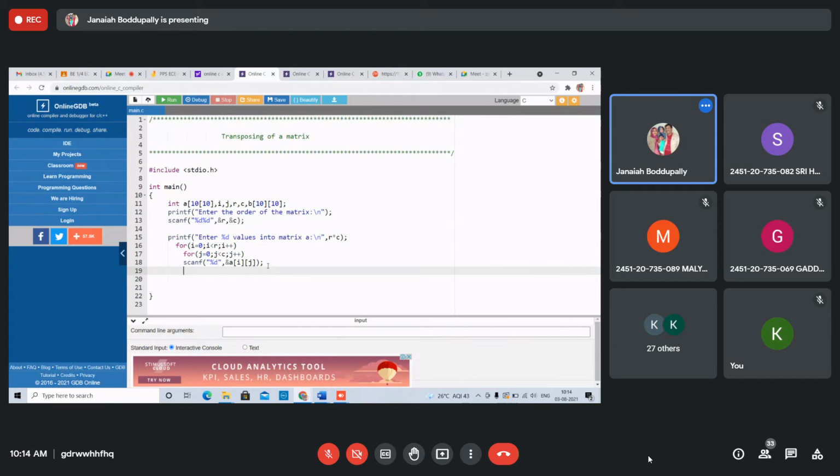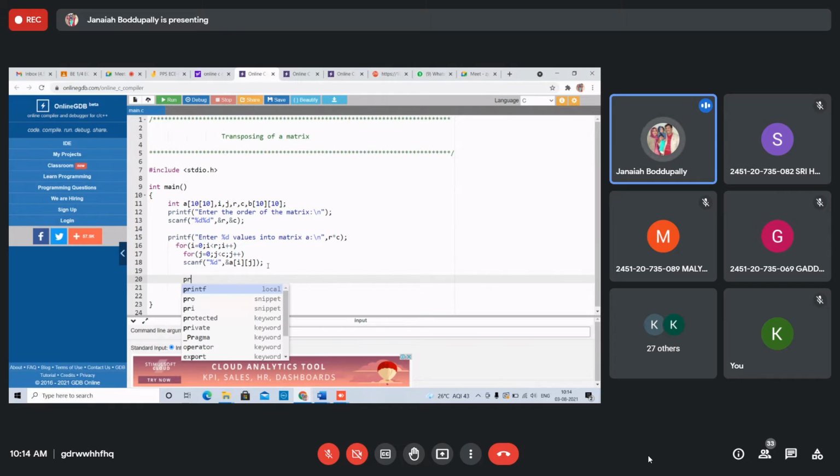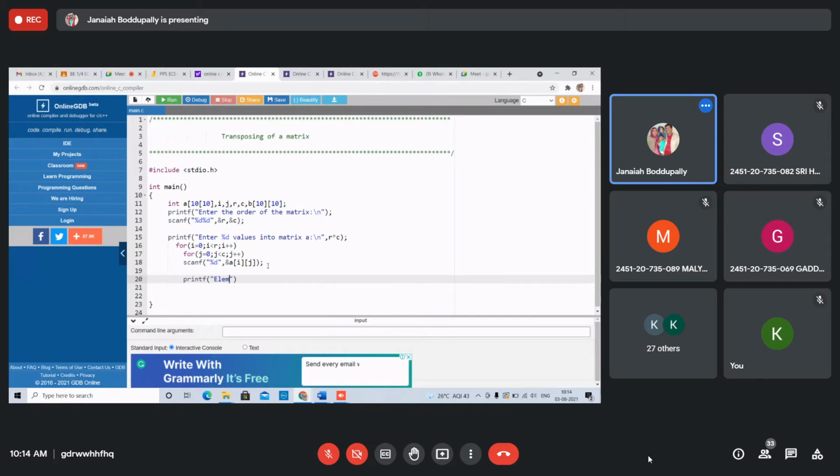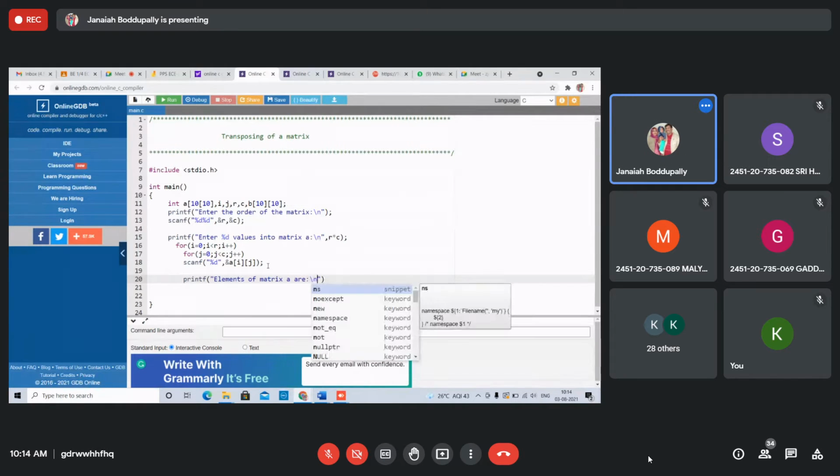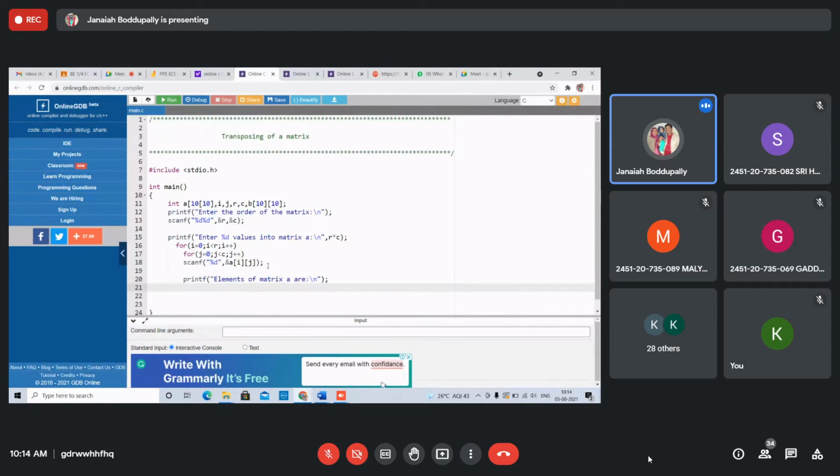Next, how to display the array elements? Whatever elements are entered, printf elements of matrix A are, in the form of a matrix. Again two for loops.